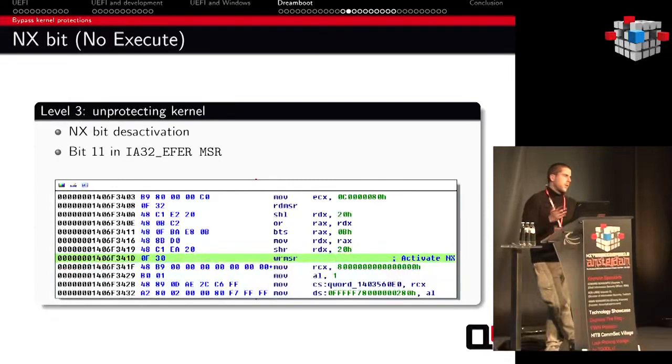So when the kernel is loaded in memory, its relocation table is not used anymore, so we can put code there. But the associated pages are not executable. It's due to the NX bit, so we need to deactivate it in the kernel in the first initialization phase.